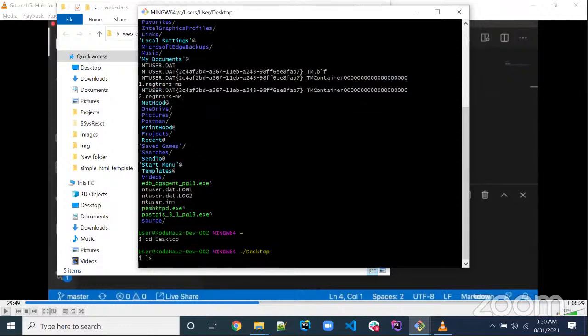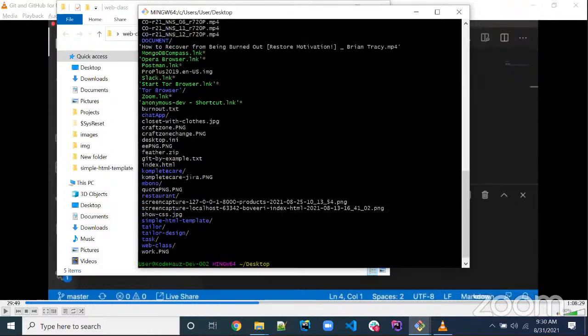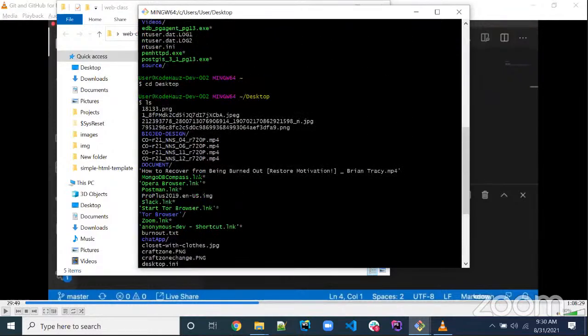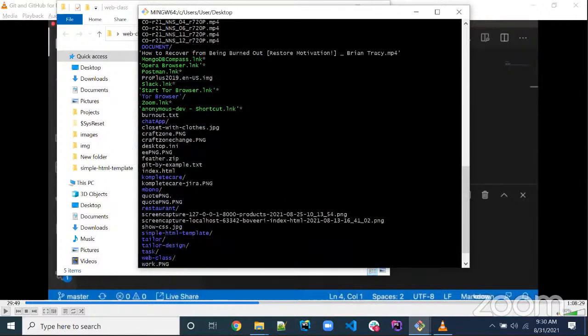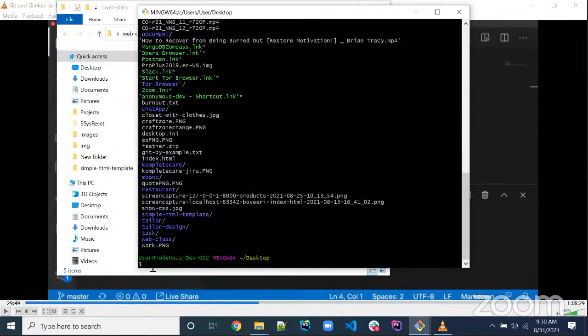I'll also list out what I have in my desktop. Oh, I have so many folders in my desktop. Then I'll try and target the particular folder I want. I'll equally use cd and then